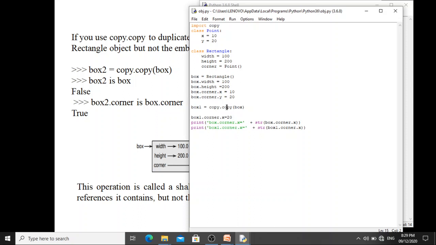When you use a copy function, a separate copy is maintained for box1. Now the same thing has happened, but since the box is of type rectangle, and if you check, rectangle contains one reference, that is the object of type class. So when such an attribute is present in a class, the same reference will be maintained here.